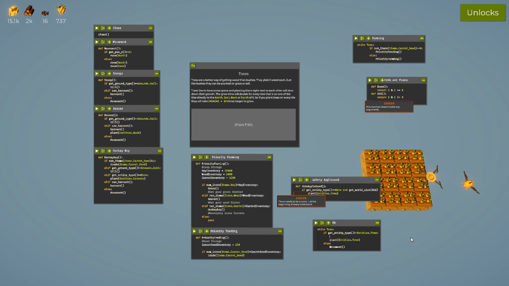So if it's not equal to trees, and, can I start with and here? Does this make sense? And get X position is equal to odd. And get Y position,